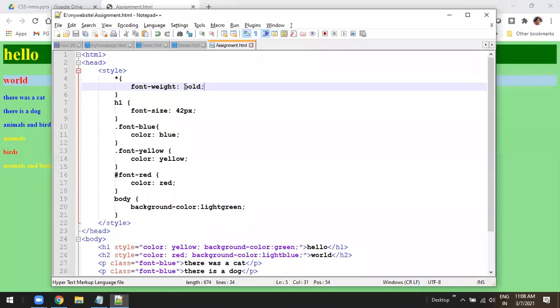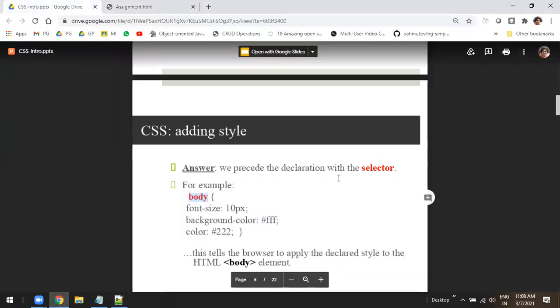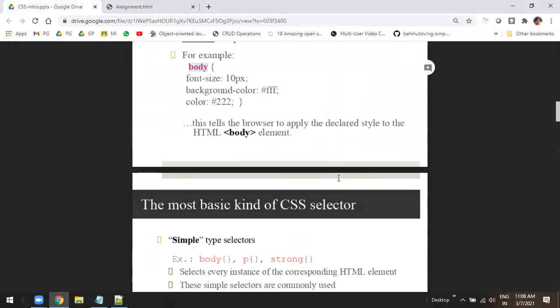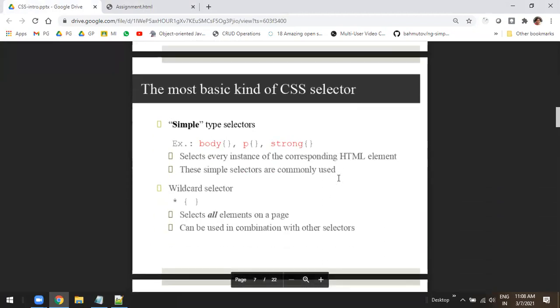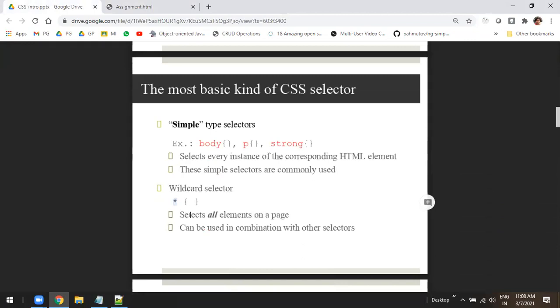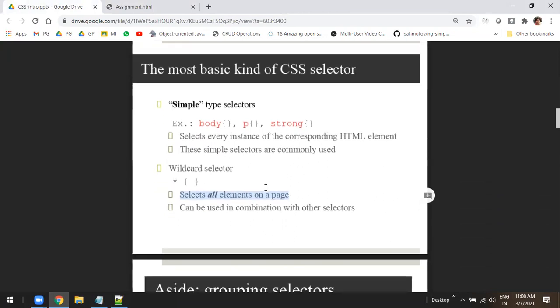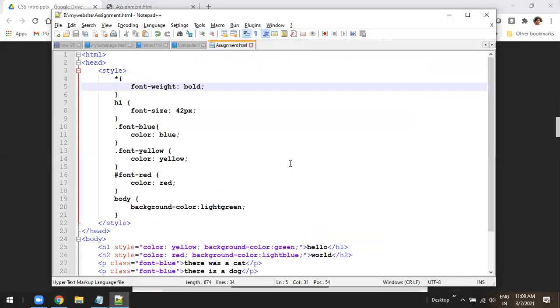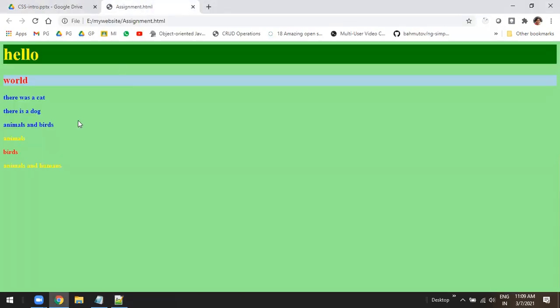Okay, so these are some of the selectors. Now we'll go to the next part. So this is known as the universal selector or wildcard selector. It selects all elements on a page and can be used. We'll see the combination now, how this thing happens. So now we'll go to a topic called grouping selectors. Now in this page